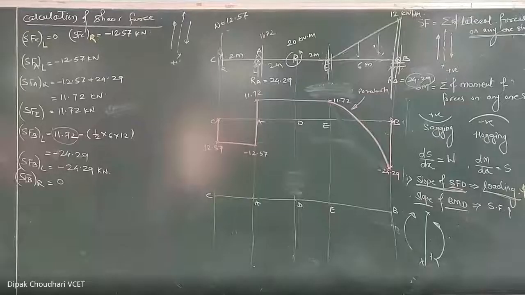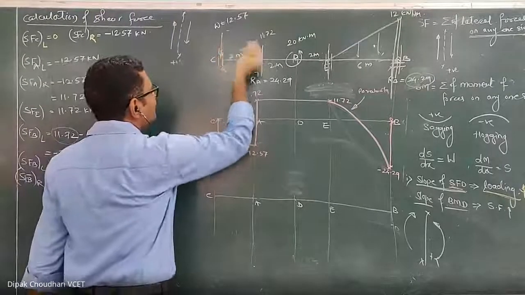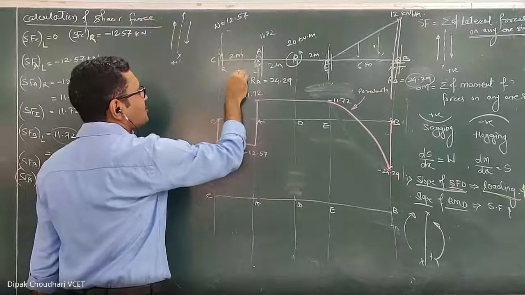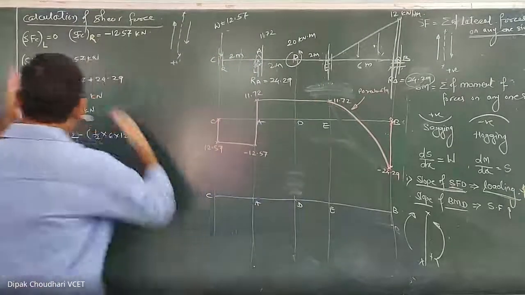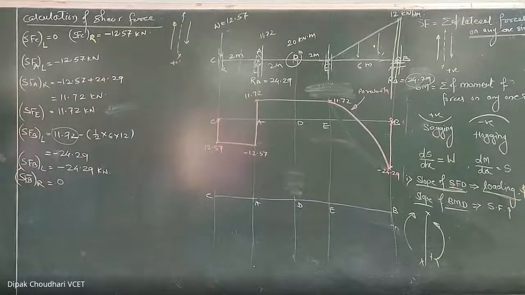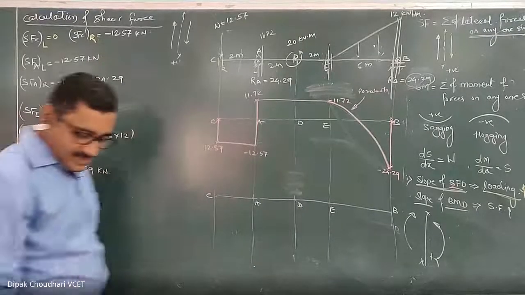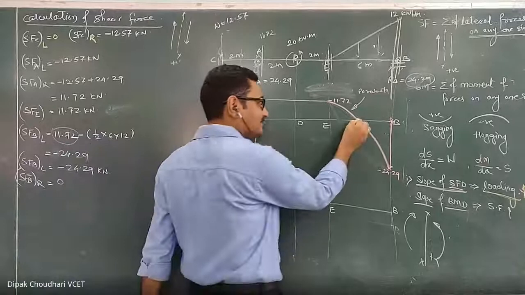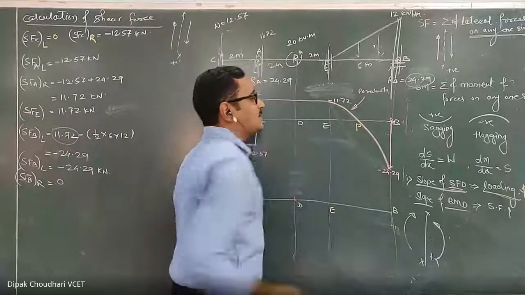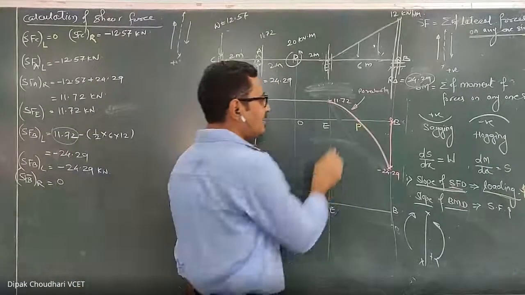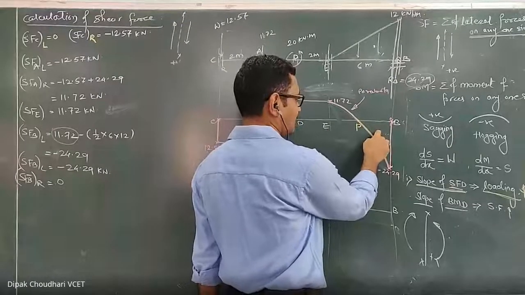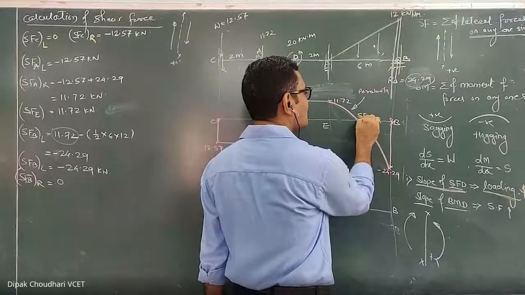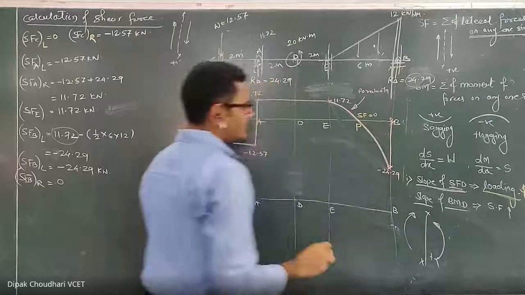No, sir. Okay. Now I'm not suggesting to use that method to write down the equation of the shear force every time and then substitute the value of x and get the value of shear force. Here, instead of that, do this type of calculation. Now, let this point be P. What happened at point P? The shear force changes its sign from positive to negative. This point is known as a point of zero shear. Here there is a zero shear force.